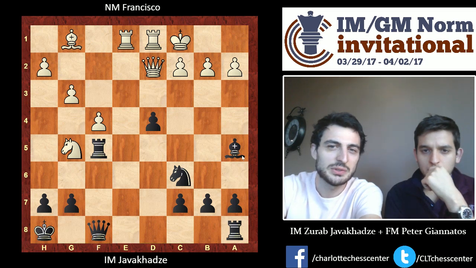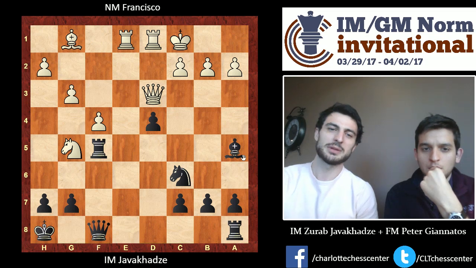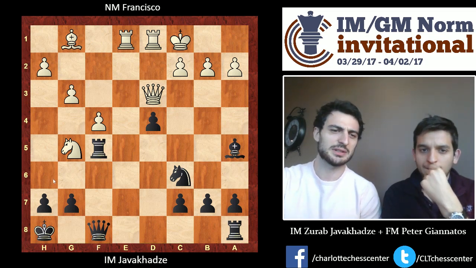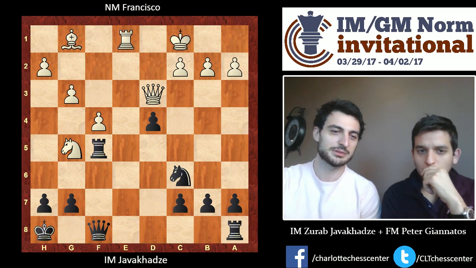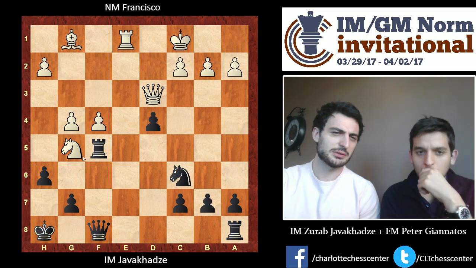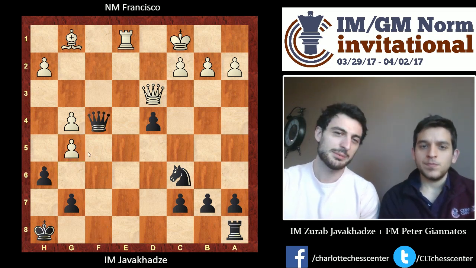So he needs to give me an exchange, but probably he has little counterplay here, because I cannot defend mate comfortably, because if I play h6, he has g4, so he gets that exchange back. Probably I'm still better because I have this check and I'm a pawn up, yeah. But